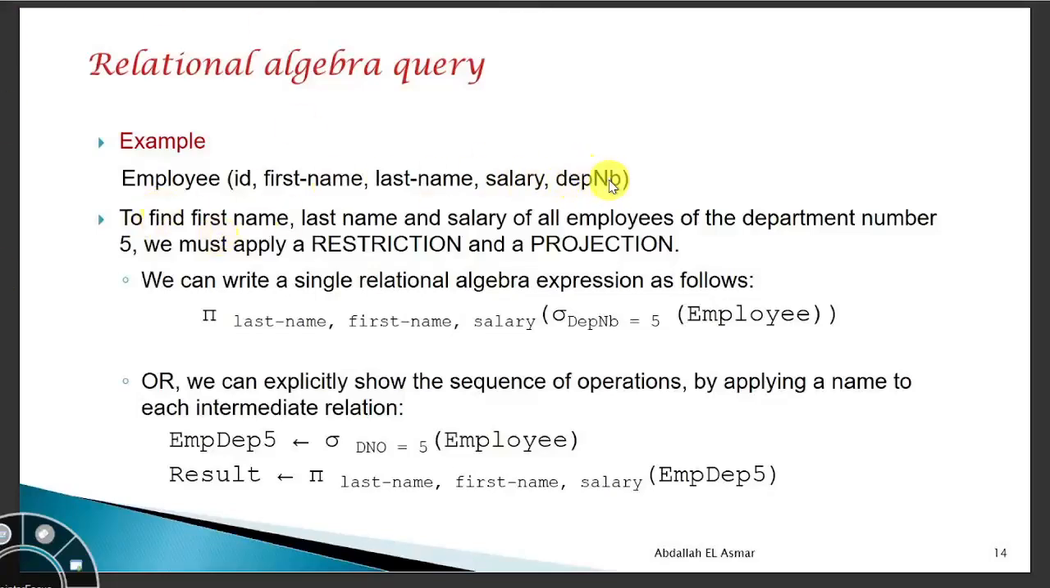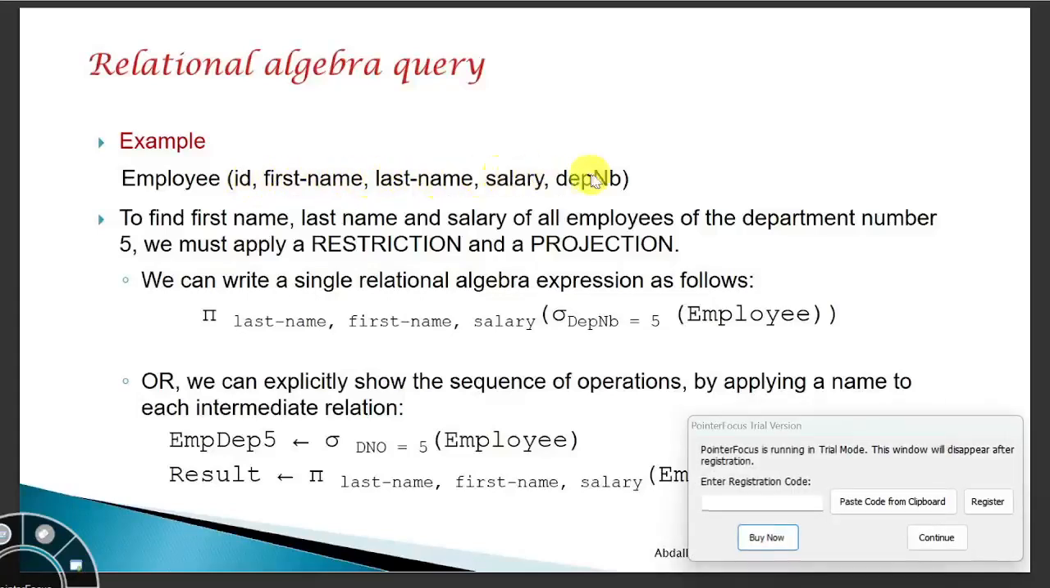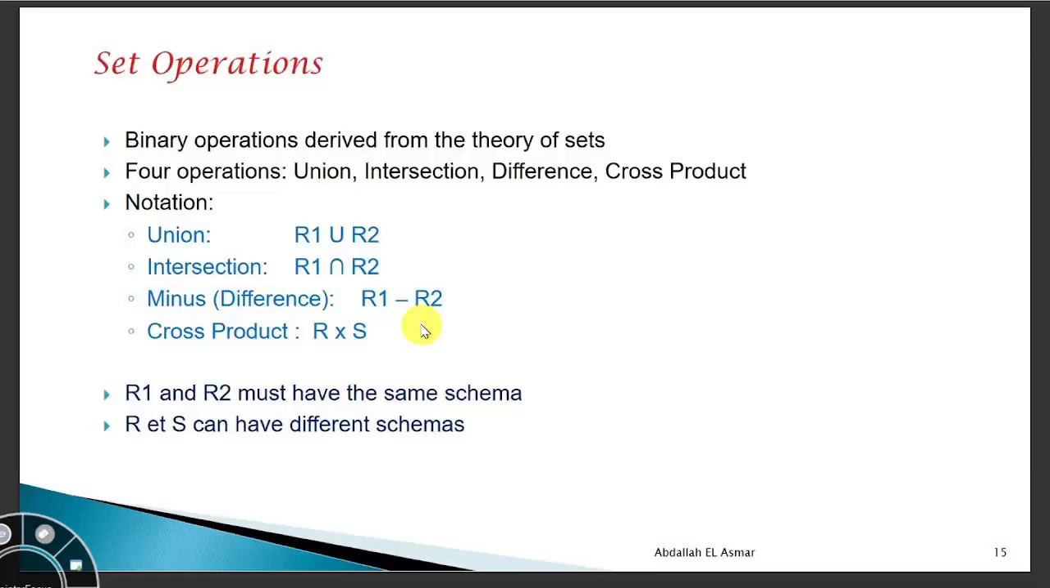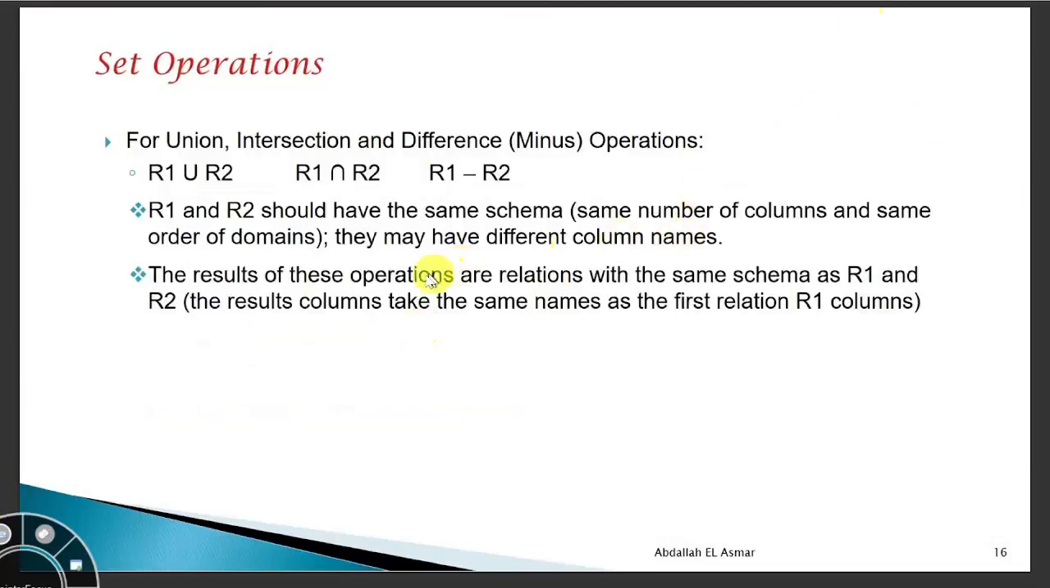Imagine this is R1. If R2 has ID, salary, first name, last name, salary, department, it doesn't work because they don't have the same order. The order should be int, varchar, varchar, int, int. They may have different column names, as I told you. The result of this operation